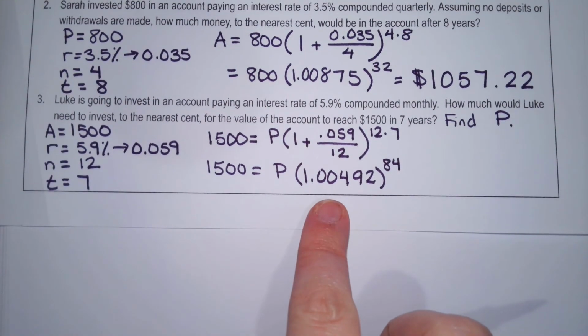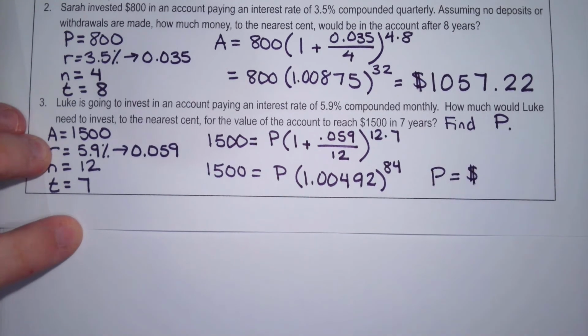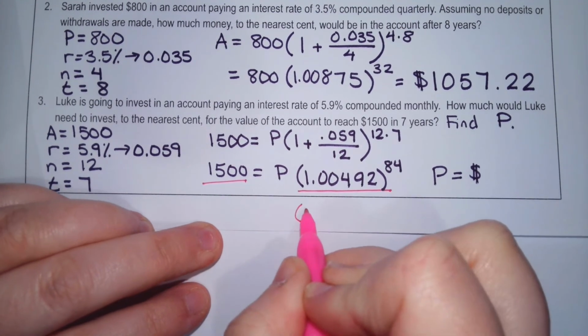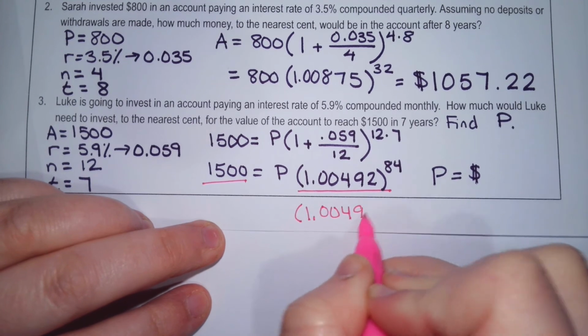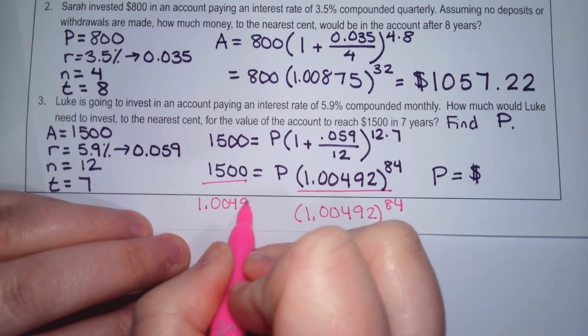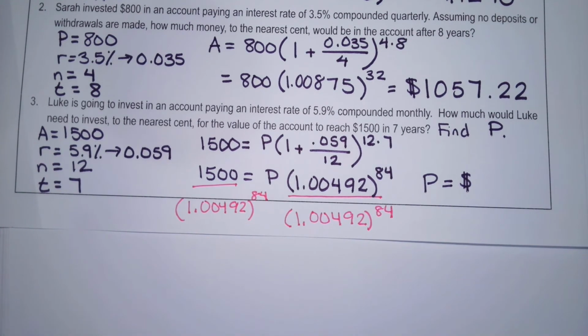Now, what I would highly recommend, since we have to solve for P, just divide both sides by our exponent. It'll make your life a whole lot easier. So 1,500 divided by 1.00492 to the power of 84. And there we go, our starting amount,